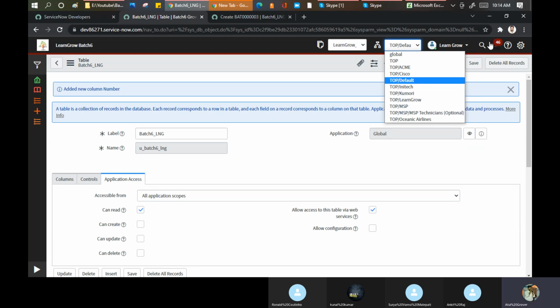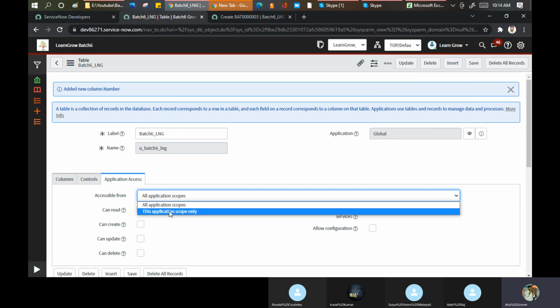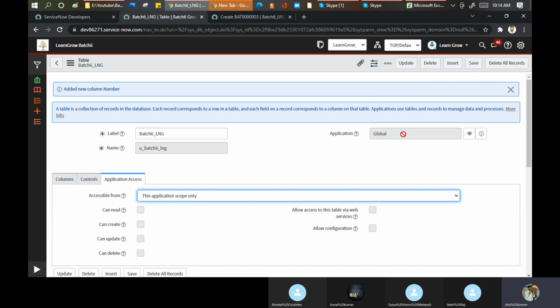Suppose I change my scoping from ITSM or global to CAB Workbench. If you want this table to be available for use there, then mention all application scopes. If no, then mention only the global part, meaning it will be only where it was created. For example, suppose I am in India.